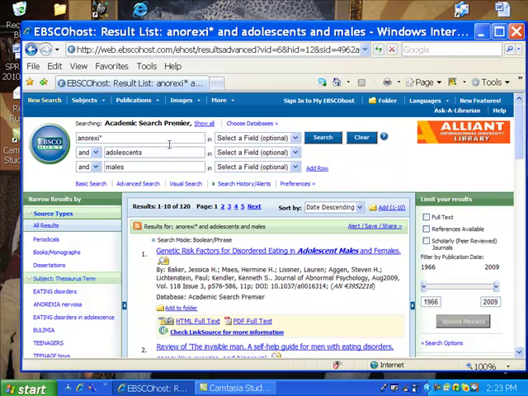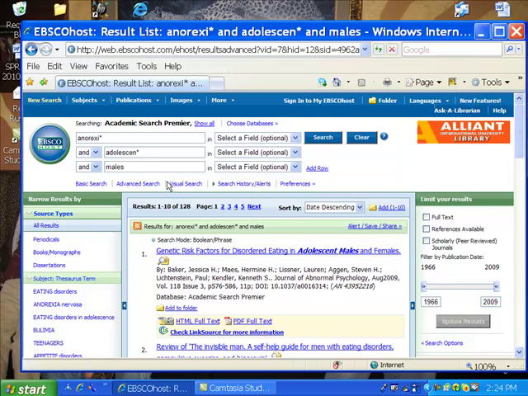Another thing is wildcard, and that is to just remove the S and make the word singular or plural by removing the S. Instead, for adolescent, let's go to the root of the word again. Now again, this is going to increase your results because you will get the condition of adolescence, adolescent plural and singular, and any other forms of the word that are in the title. So let's see what that brings us. 128. Okay, so we got an additional 8 articles. And that could be helpful.